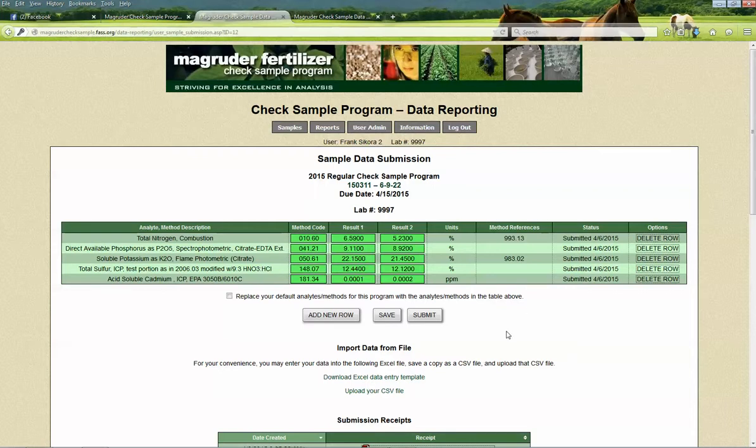In a previous instructional video, I talked about submitting the data and the difference between submit and save. But before, let's say I've reviewed the data one final time and I want to submit it. Before I hit the submit button, I'm going to click this checkbox here that says replace your default analytes and methods for this program with the analytes and methods in the table above. What you're doing by clicking that checkbox before you hit submit or save, it'll do the same thing if you hit save or submit. It'll save these methods in this table